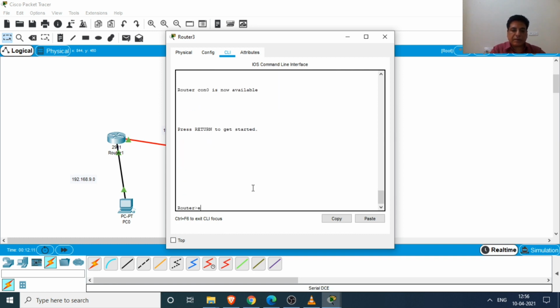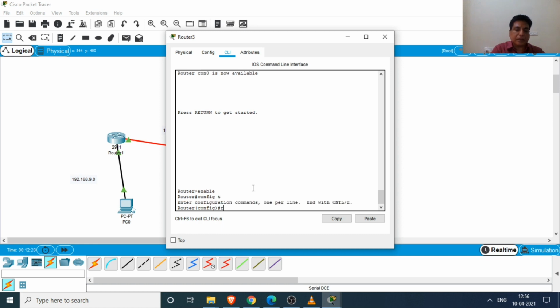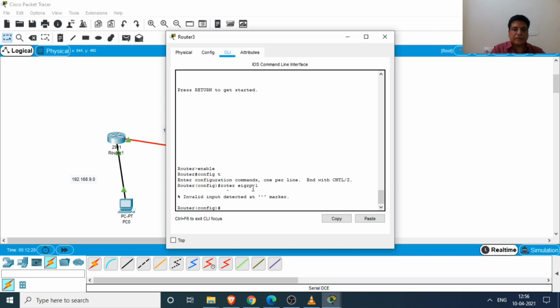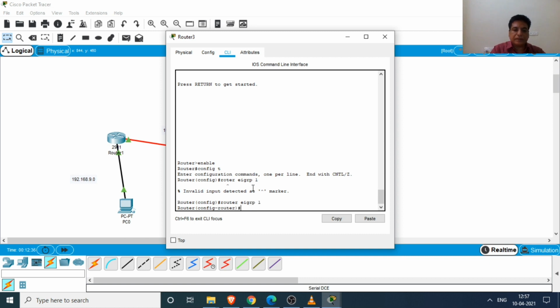We press the first command, enable, then config t, then router EIGRP, the autonomous system we are assuming here is 1, router EIGRP 1, then network.